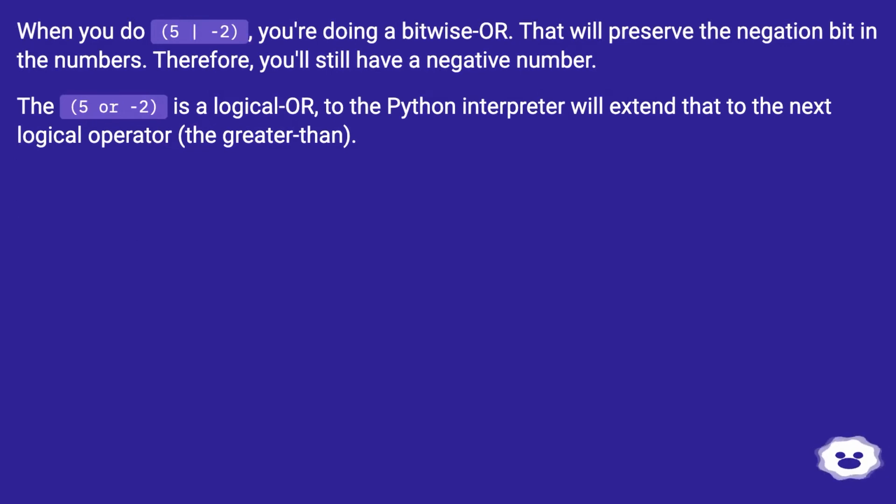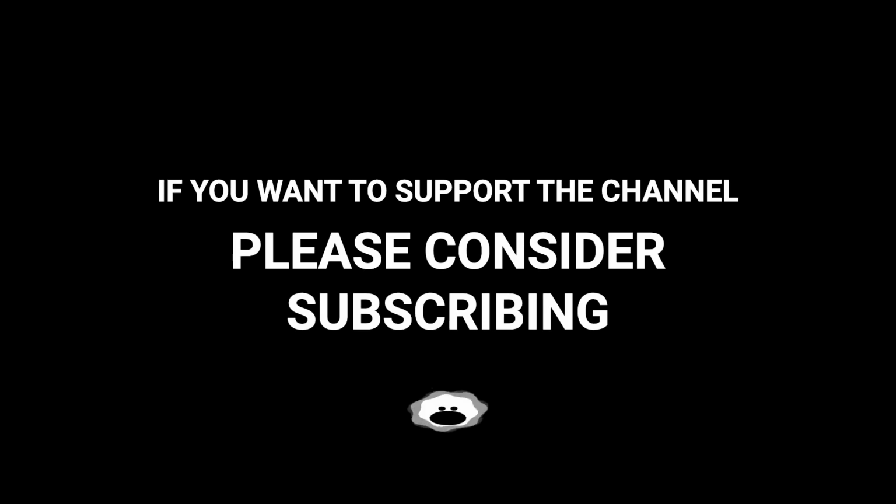When you do 5 | -2, you're doing a bitwise OR. That will preserve the negation bit in the numbers. Therefore, you'll still have a negative number. The 5 or -2 is a logical OR. The Python interpreter will extend that to the next logical operator, the greater than. You should